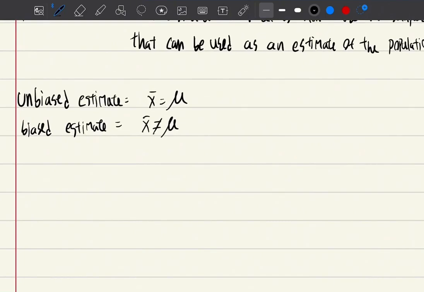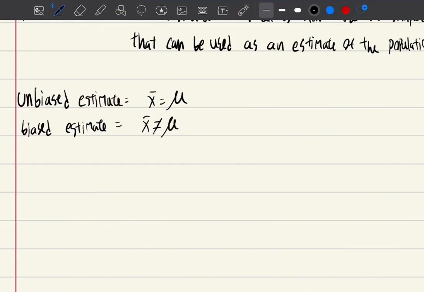For an unbiased estimate, if the sampling distribution of a sample statistic has a mean equal to the mean of the parameter, the statistic is said to be an unbiased estimate of the parameter. And if the mean of the sampling distribution is not equal to the parameter, the statistic is said to be a biased estimate of the parameter. Biased, unbiased. For example, we have